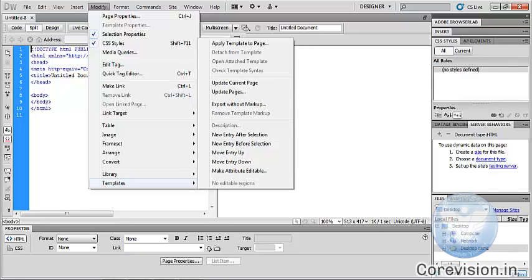It has many properties. Apply template to page, detach from template, open attached template, check template syntax, update current page, update pages, export without markup, remove template markup, description, new entry after selection, new entry before selection, move entry up, move entry down,